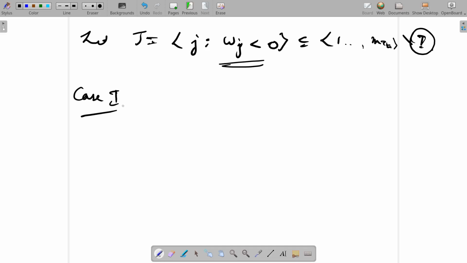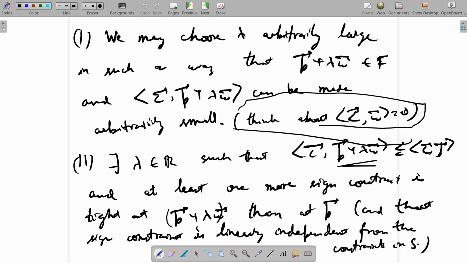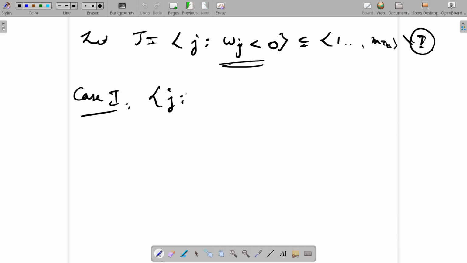So first of all, case 1. Okay, I think here this assertion was not necessary, because all I'm saying is we may choose lambda arbitrarily large so that this is in F and this can be made arbitrarily small. So both are part of the assertion. Otherwise, you can replace P with something which satisfies equality at one more sign constraint. Anyway, so coming back to this, case 1